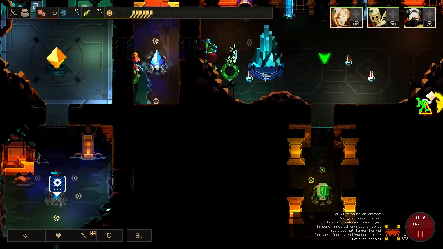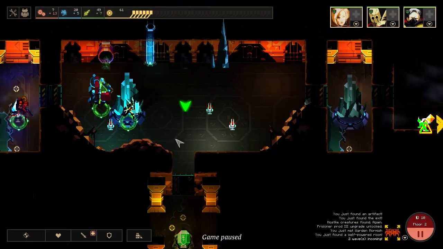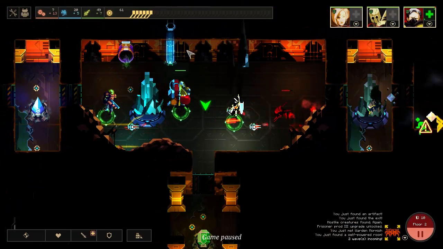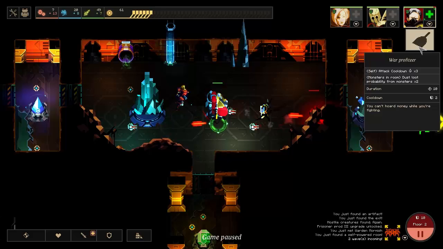Look at this guy's chair. Look at his chair, it's amazing. That is an awesome chair. Alright, so they should be coming over here shortly. We are going to activate his ability just to see what happens once this guy gets a little bit weaker. Oh no, he got killed real fast. Alright, activate War Profiteer. Does that give him a